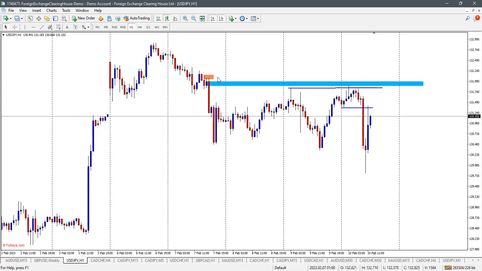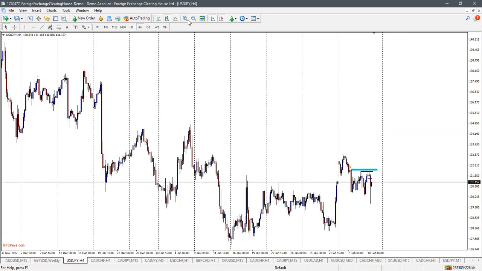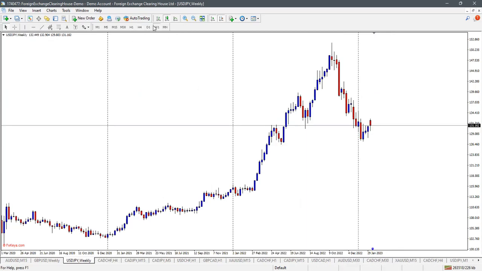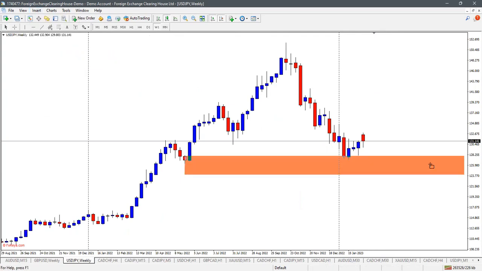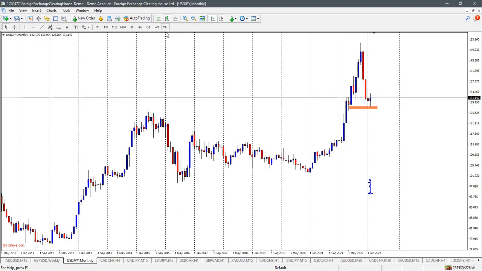Now, we have to look at USD JPY, which is related to the CAD news as well. Canadian dollar news does affect the US dollar, which is why I'm looking at it. With USD JPY, as I said, with other Japanese yen pairs, we're still in a phase of very strong longs. If you go to the weekly time frame, just to recap quickly, then I'm going to go through pound CAD. We have this zone right here on the weekly, and if I go to the monthly here,